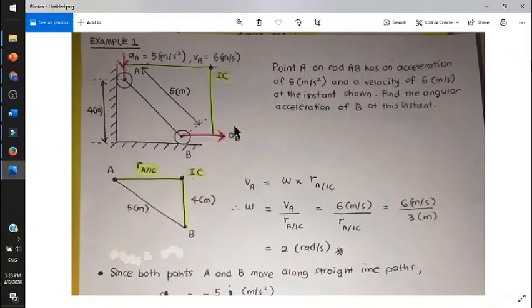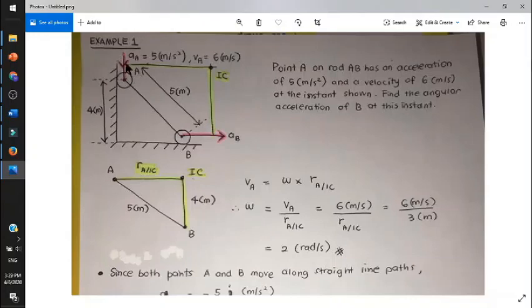For the relative acceleration equation, whenever you notice several things that make it possible to use IC, the instantaneous center of zero velocity, then you can use IC to solve the question. I mean to obtain velocity or angular velocity of a point of a rigid body. So now from here we have two non-parallel velocities, non-parallel direction.